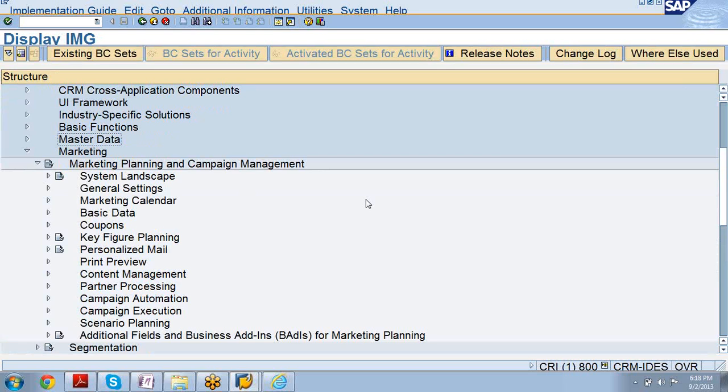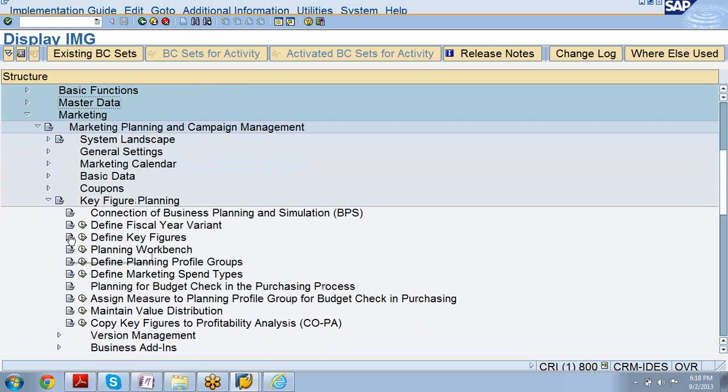That's the kind of list of values, or the reference data, for those fields like priority and other stuff. Yes. Again, in this marketing planning, as I said, the first step is strategic planning. If you can see this key figure planning, conceptually you have to understand how it works in the budgeting process. We don't need to work in completely defined key figures, but every interviewer will ask what is this budgeting process, planning workbench, what is the concept of spend types, and how it ends up with COPA.